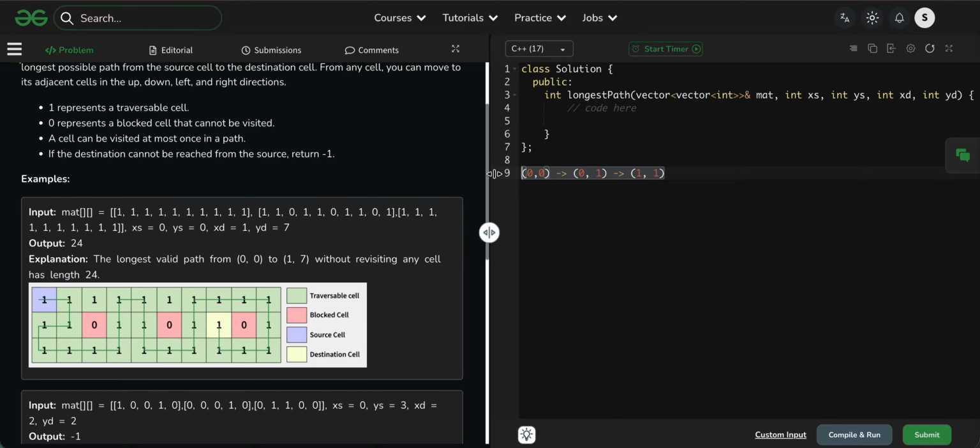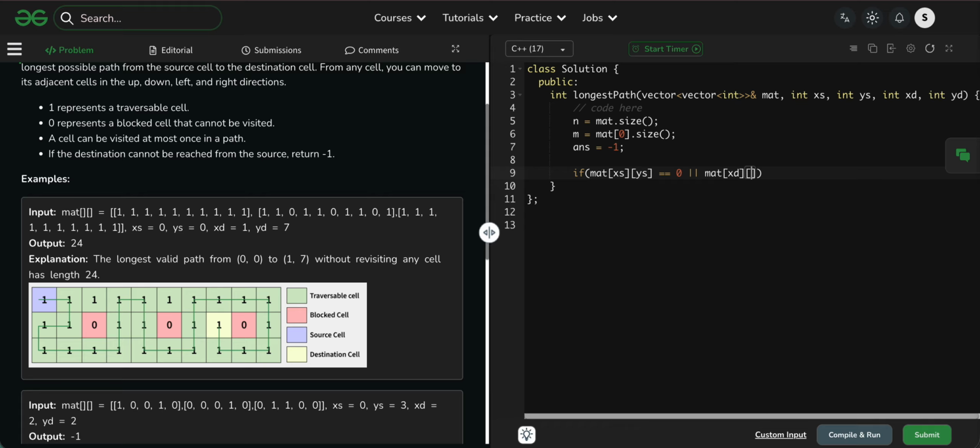If mat of xs ys is equal to 0 and mat of xd yd is equal to 0, then return -1, got it. DFS mat of xs ys xd yd and 0, right? Simple, return answer. Now just write the function, and the function is start from the void, but start from the